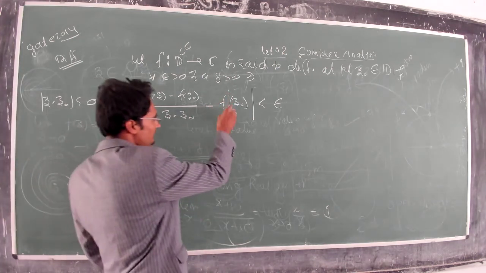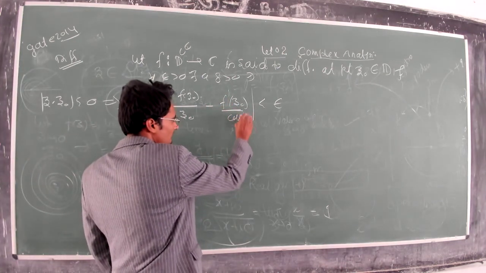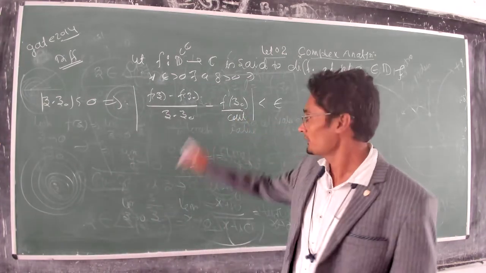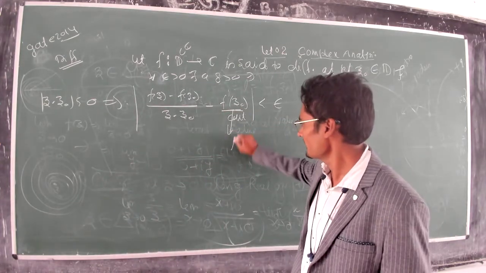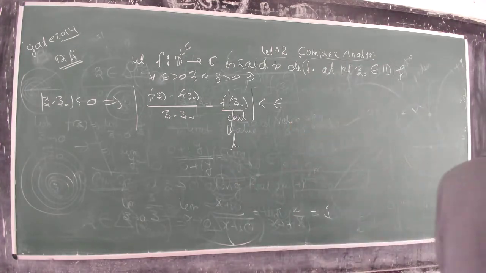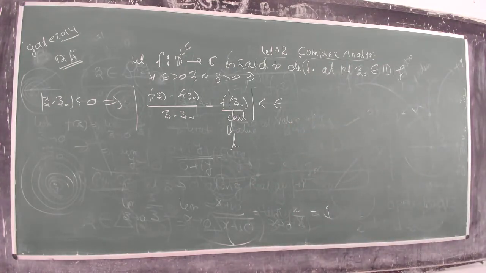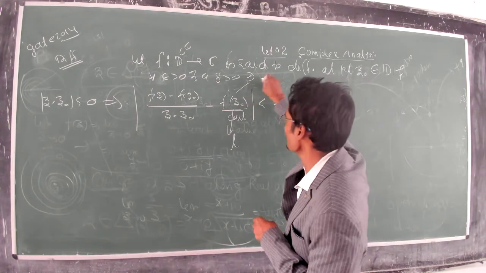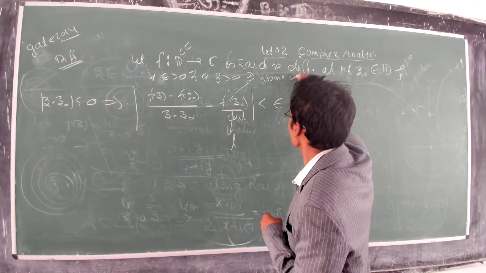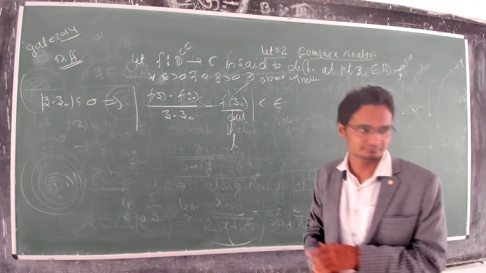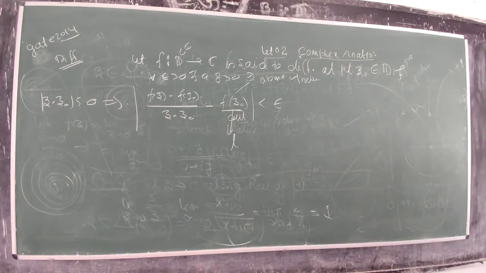Do not think this is something, it is some constant like L. If you have a problem writing this, you simply write it like L. F dash z naught is nothing, because we didn't define the differentiability. So writing this f dash z will be an abuse of notation. Abuse of notations, right?